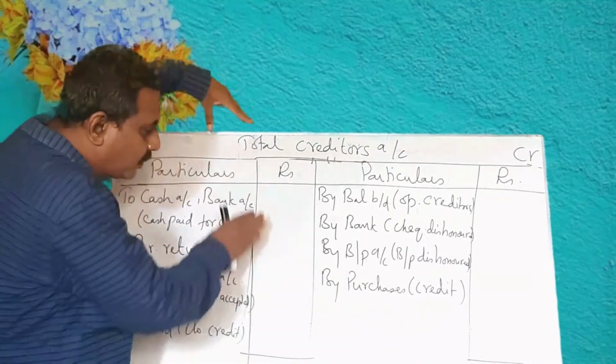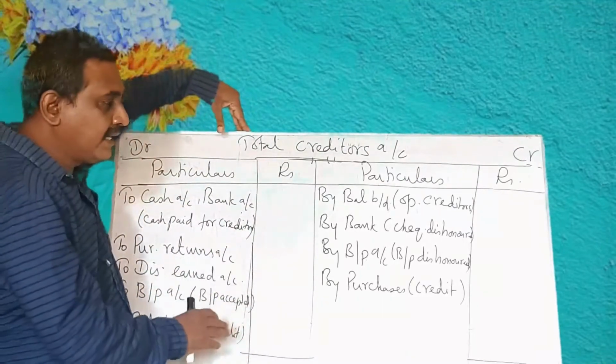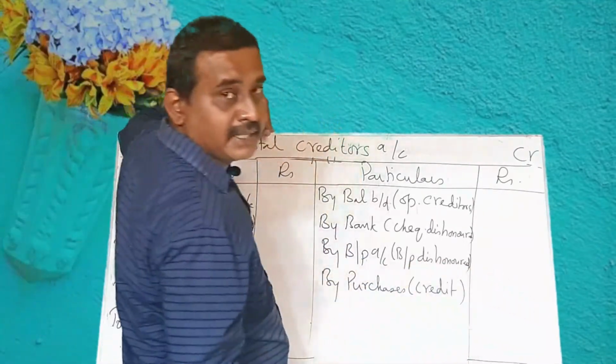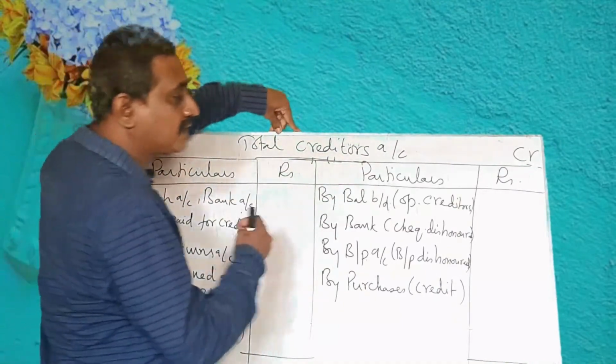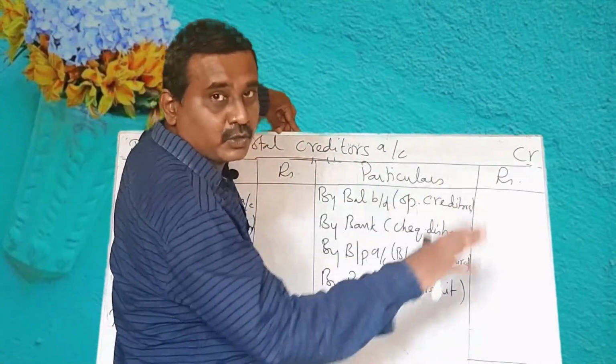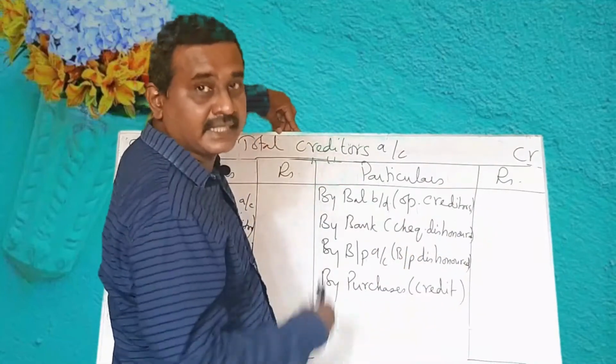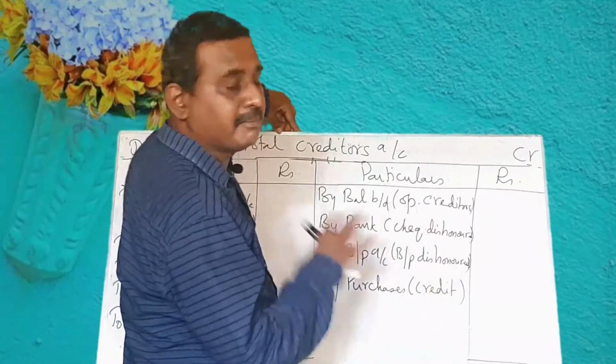Remember, when you go for calculating credit purchases, this side will be exceeded. So first find the total of this side and then go for finding the balance. What do you mean by balance? From the heavier side, you have to subtract the lighter side. That remaining will give you the balance.